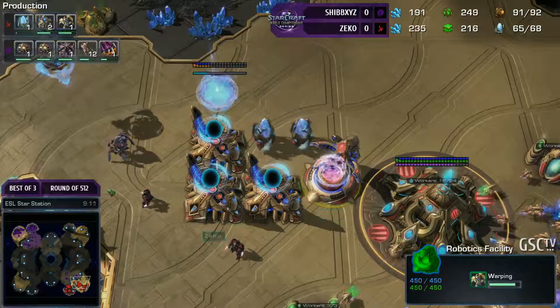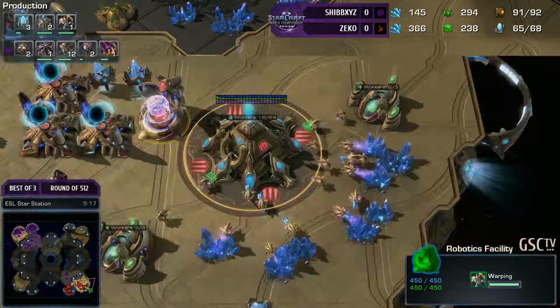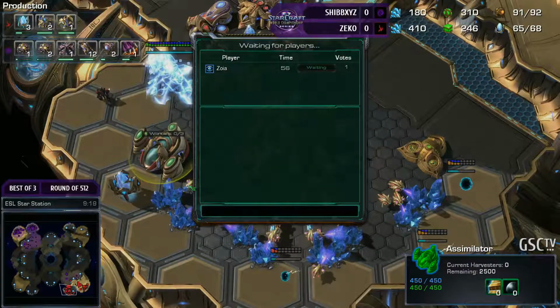Shibby's going to try and bust, but with the Hydra range upgrade, he'll be able to poke away at this gateway, the forge, and the pylon without being in range of the cannon. Now, that's a good point to make, actually, that we are going to have...